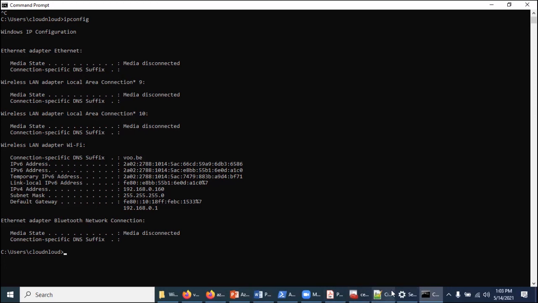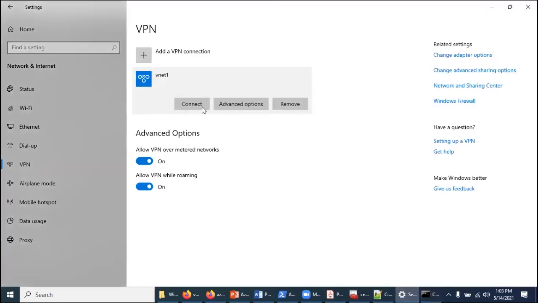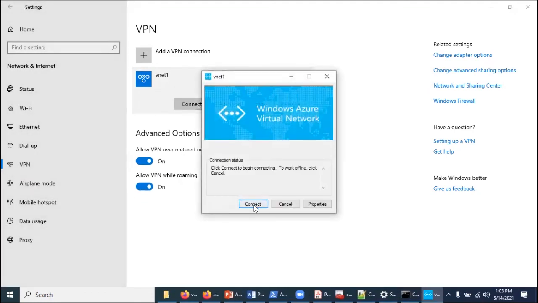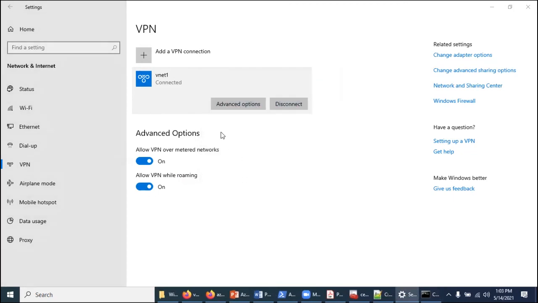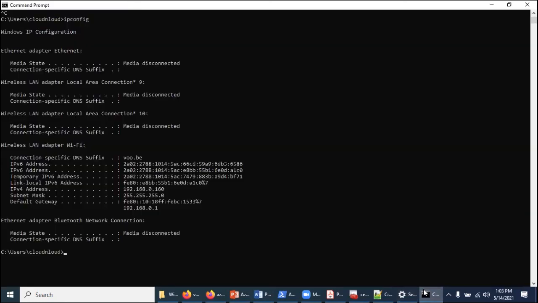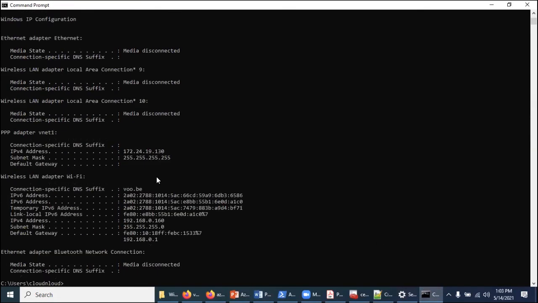So now what we'll do is we will connect this, say connect. So it is getting established and the key is getting authenticated. Now it got established, connected, correct? Now we will go and check ipconfig. See here, we have given one range, right? From that range, each session will get one IP address. The moment you disconnect, this will be released. Now you ping the same private IP address.